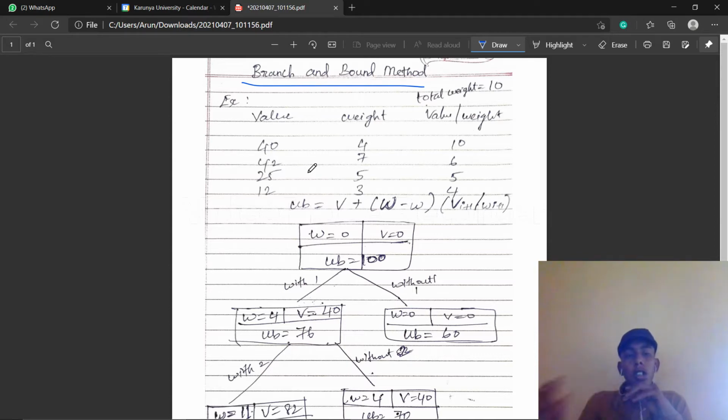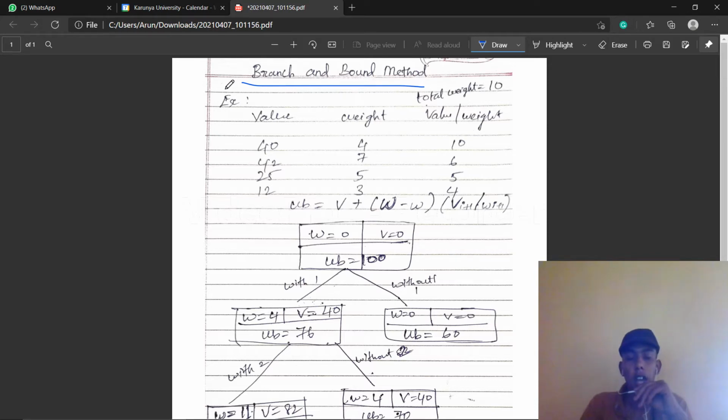For solving this 0/1 knapsack problem, there are several methods, like the greedy approach for fractional knapsack and the dynamic programming method for 0/1 knapsack. We are going to use the branch and bound method, where we construct a binary tree and check whether each item is added or not. Only two ways we are going to check.